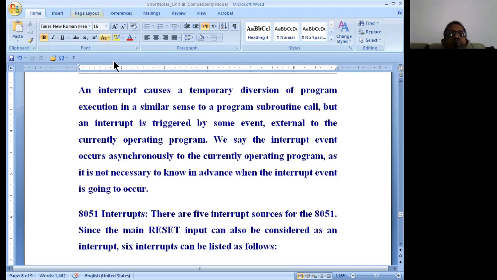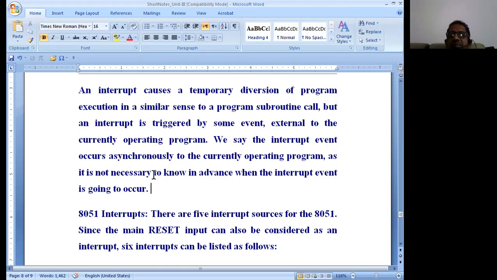The interrupt event occurs asynchronously to the currently operating program, as it is not necessary to know in advance when the interrupt event is going to occur. Asynchronously means randomly. When the interrupt is going to get triggered, it is not programmed.